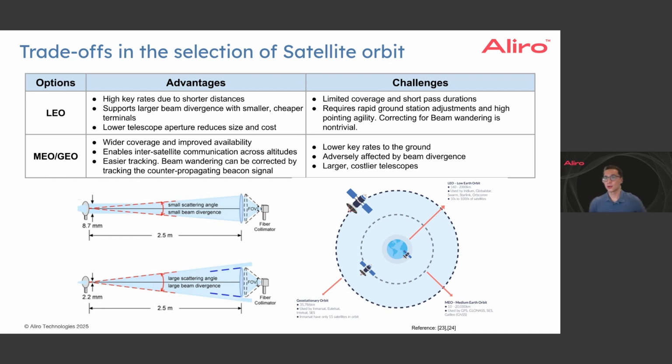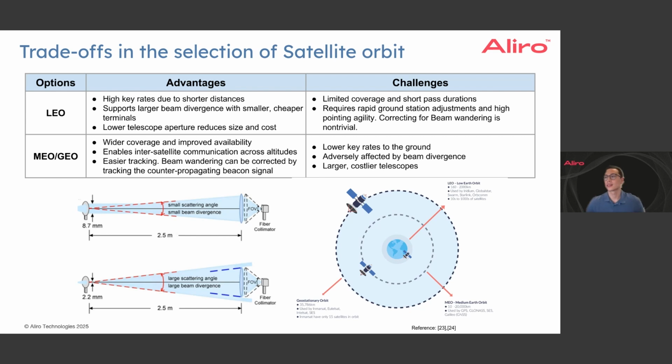As we move further and further from Earth into medium Earth orbit and geostationary orbit, the advantages here are that we do have a wider field of view to Earth, so we have wider coverage for supporting quantum communication. This has nice advantages in terms of just general availability and connectivity to a variety of ground stations on Earth. This also enables the inter-satellite communications. The satellite-to-satellite links that we mentioned will play a critical role in enabling this global quantum internet. With MEO and GEO, it's much easier tracking relative to LEO, and we can correct for beam wandering by tracking